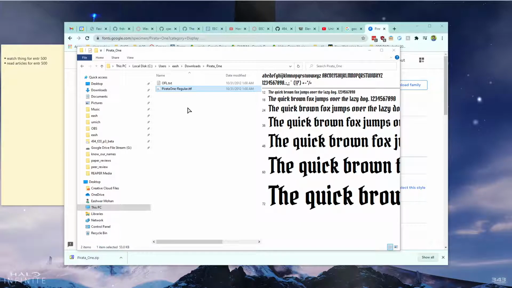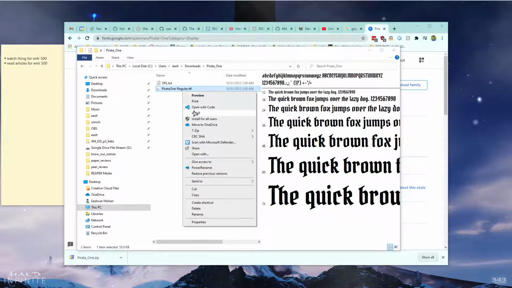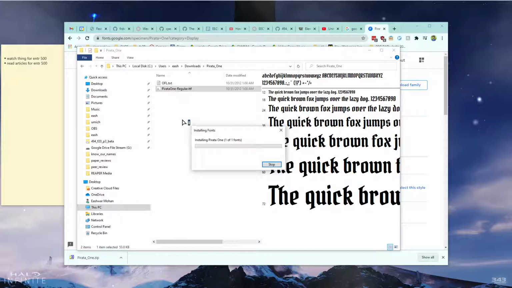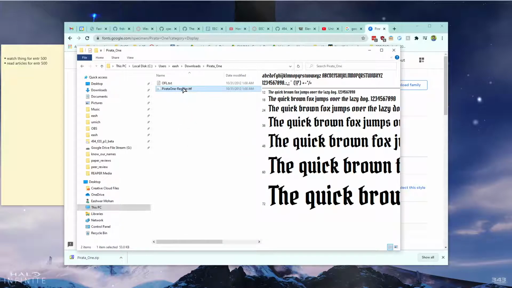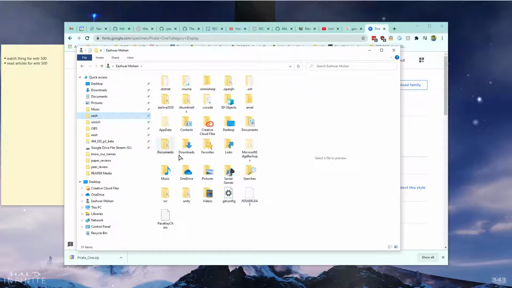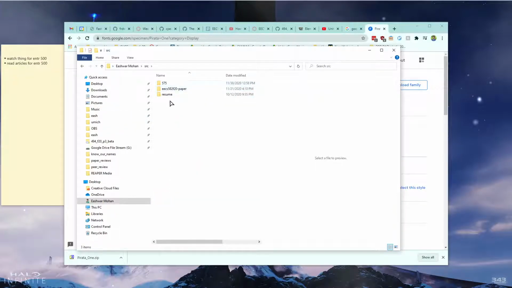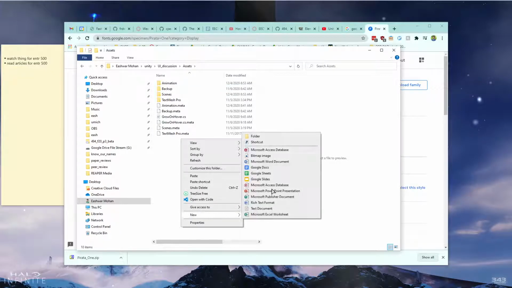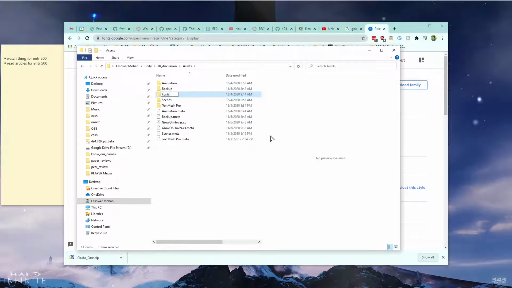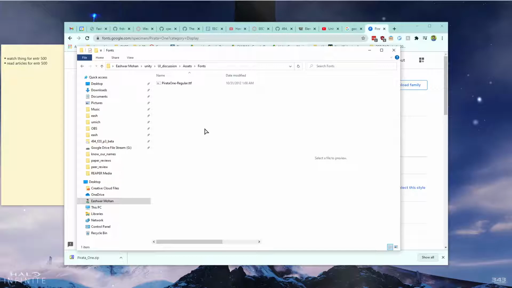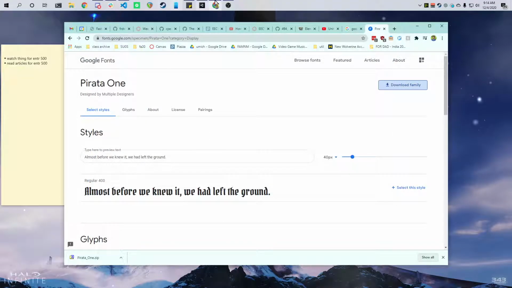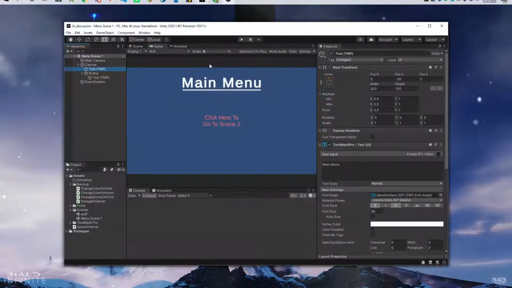So what I'm going to do is first off, I'm going to install it onto my system. So now it's installed onto my operating system. Then I'm going to copy it, and I'm going to go to my Unity folder for this project. And then I'm going to go to Assets. I'll create a folder called Fonts. I'll paste this here. And then back in Unity,